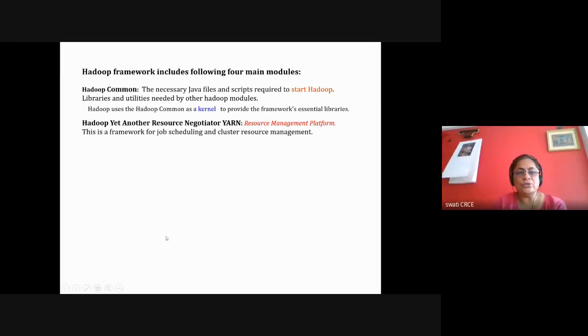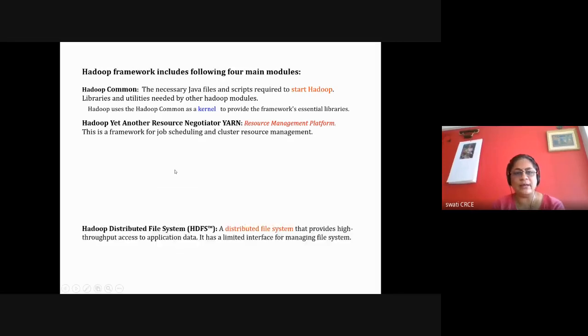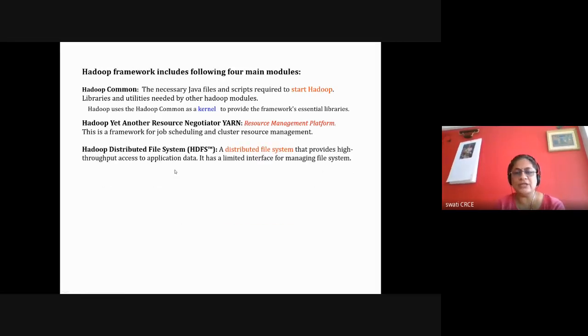In 2.0, Yarn is Yet Another Resource Negotiator, which performs job scheduling and cluster resource management. It decides which job is to be performed by which node, and what the resources are, how much is the CPU utilization, processor utilization, memory utilization. All these things are done by Yarn. We'll see it with respect to one diagram. Then HDFS is a distributed file system, which will allow you to store your big data in a distributed fashion in the form of files.